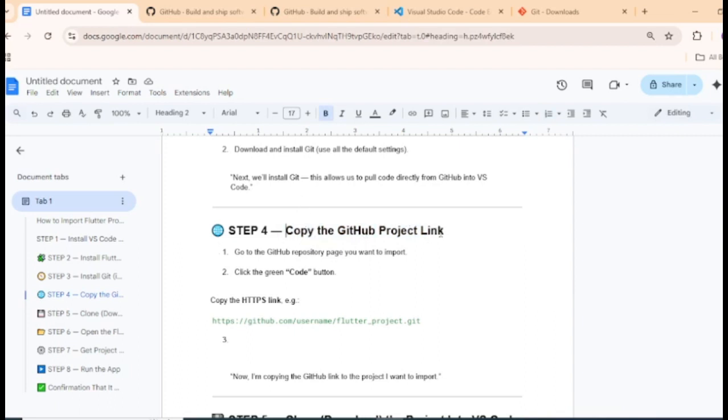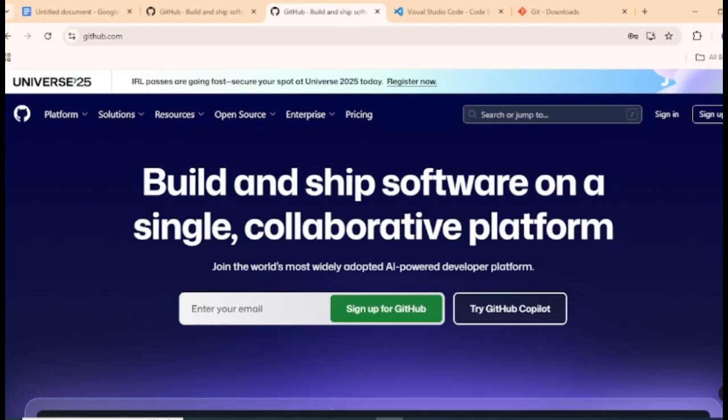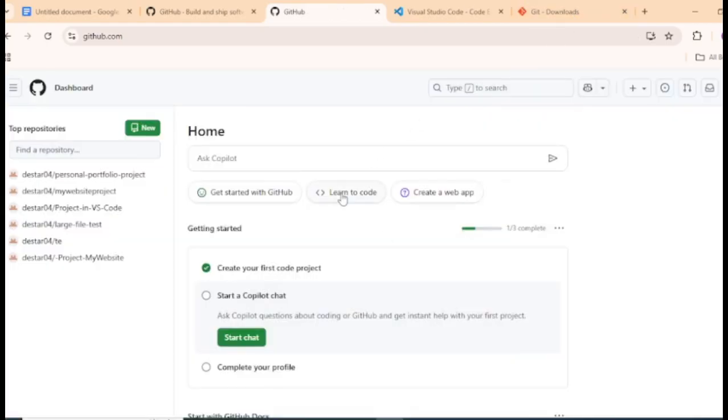the GitHub project link. All right, so we'll go to the GitHub repository page you want to import, and then click the green code button, and then copy the link of the project. So I'll just go and sign in, right? Remember, we are supposed to go over to our account. If you don't have an account, you just sign up. Super simple. Alright guys, as you can see right now, I'm inside